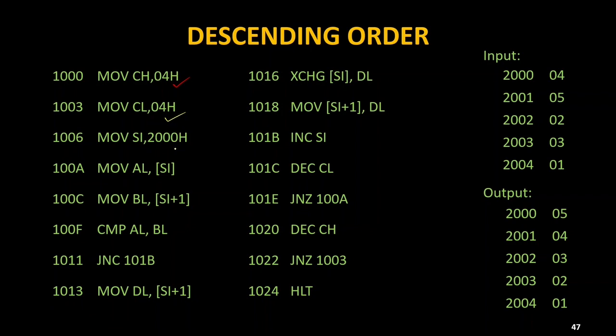And after that, the starting location is 2000, and after that memory is going to be loaded inside AL, SI plus 1 comparison. So here I don't know this value which I have to put here. Since I don't know the memory location of that instruction, I'm giving any dummy value, and I can complete my